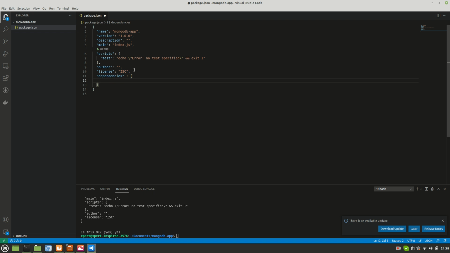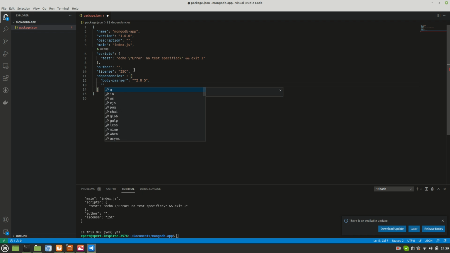I could have copy pasted, but no, I want to type along with you, so I'll do it. First things first, we need body parser. It's a middleware in Node.js. I will talk about this later. Okay, body parser, and I want this version 2.8.5.